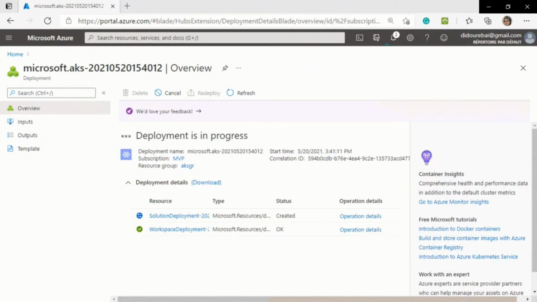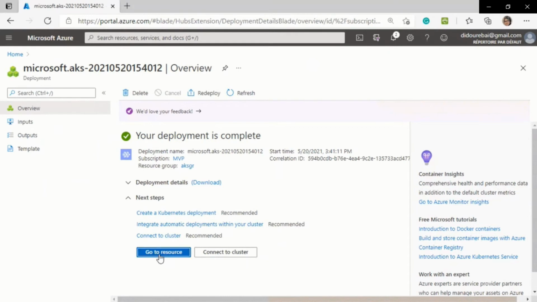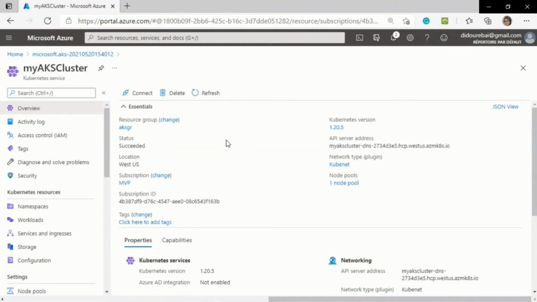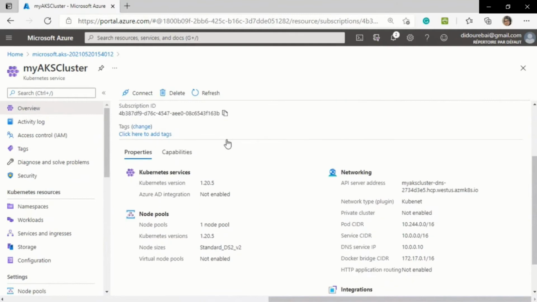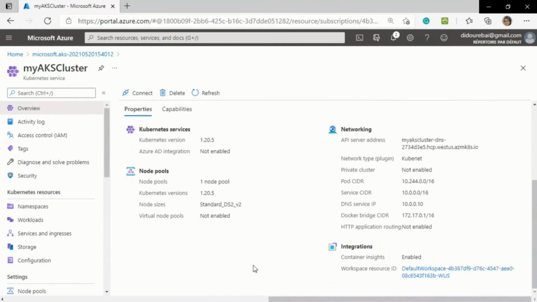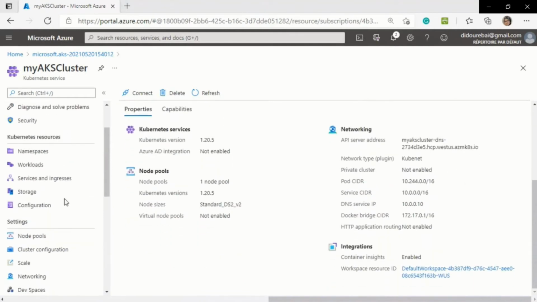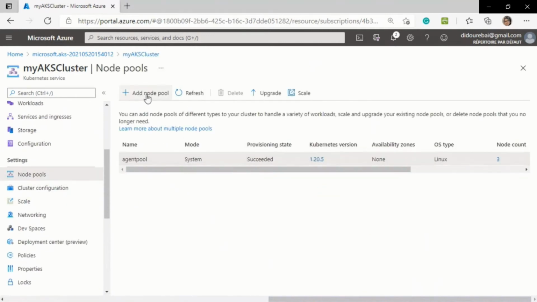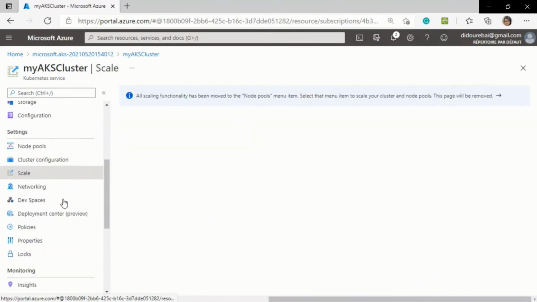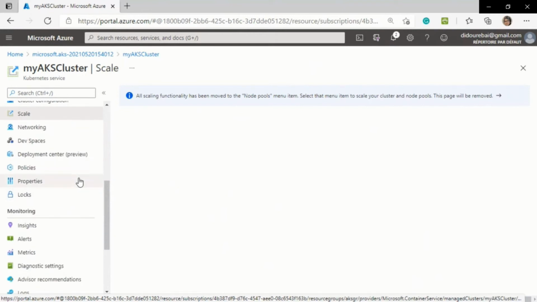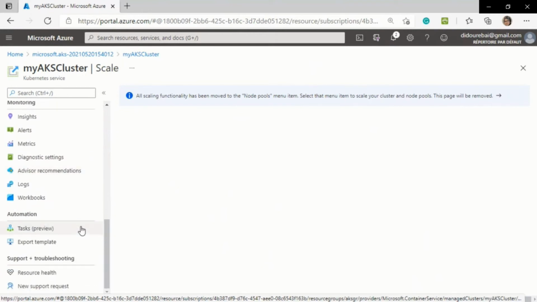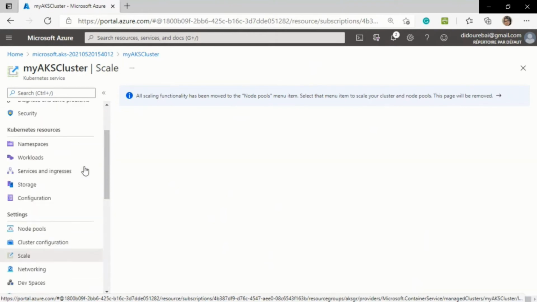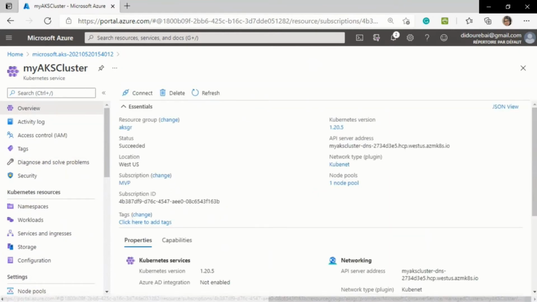Our deployment is in progress. It can take a few seconds, as I said before, and here we can check our cluster. It's already created here. We can check node pools. We have one node, we can add nodes. We can scale our node, but not here. It's changed to another place. It's scaling. And here in overview,